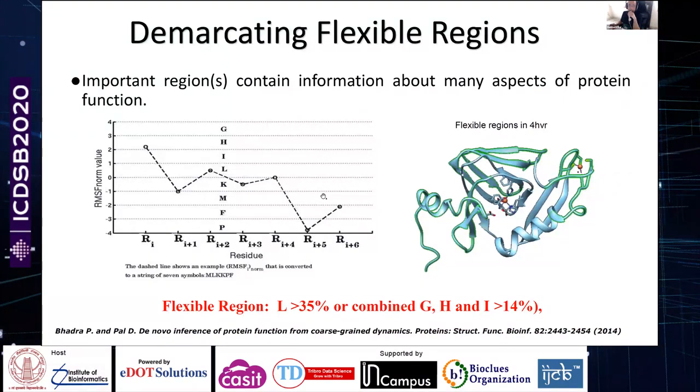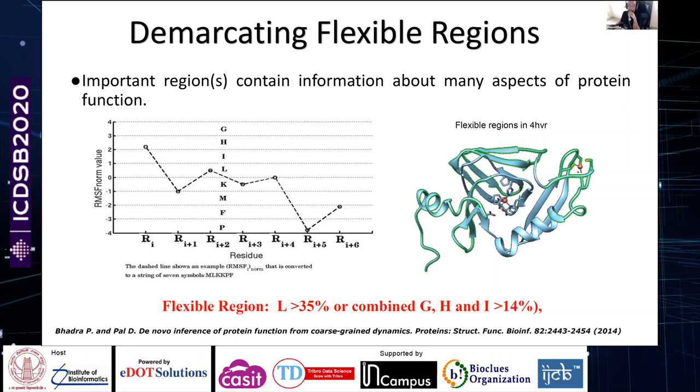So for the task of matching, first we need to demarcate flexible regions. What we did was discretize the numerical values of the root mean square fluctuations for each residue that we got, and then we converted them into a string. So when we converted all our RMSF graphs for each protein into strings,